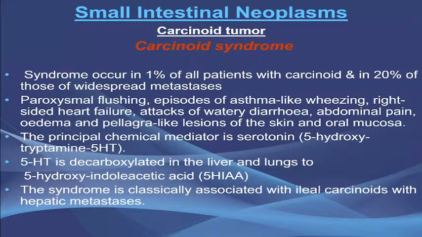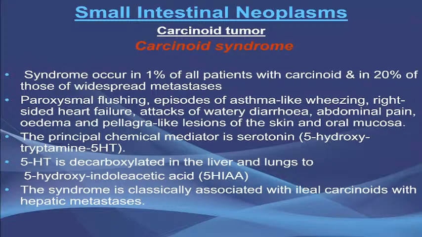It may take the form of paroxysmal flushing, episodes of asthma-like wheezing, right-sided heart failure, attacks of watery diarrhea, abdominal pain, edema, and pellagra-like lesions in the skin and oral mucosa. These are all due to the chemical mediator serotonin, or